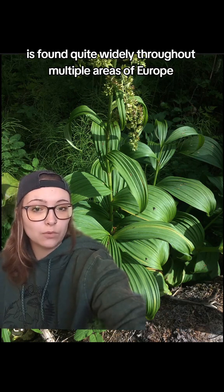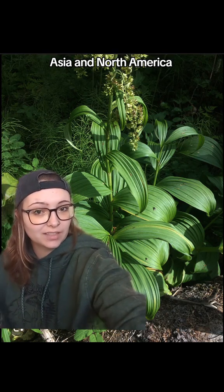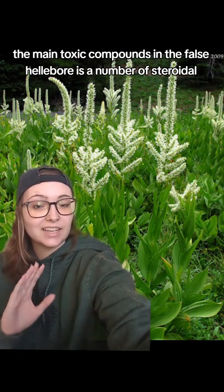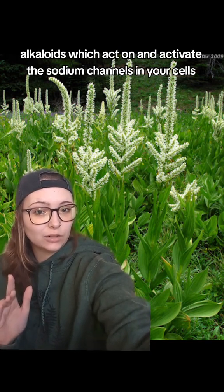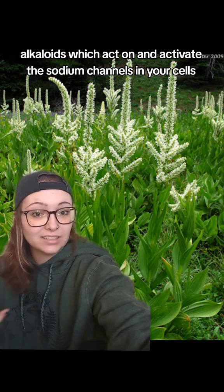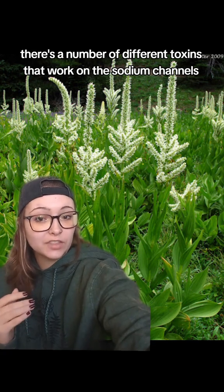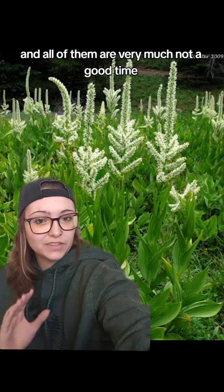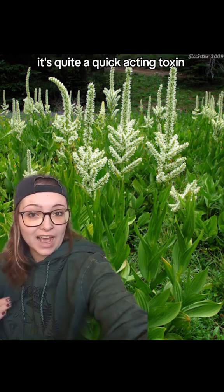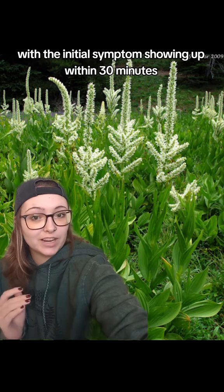It's found quite widely throughout multiple areas of Europe, Asia, and North America. The main toxic compounds in the false hellebore are a number of steroidal alkaloids which act on and activate the sodium channels in your cells. There's a number of different toxins that work on the sodium channels, and all of them are very much not a good time. It's quite a quick-acting toxin, with the initial symptoms showing up within 30 minutes to a couple